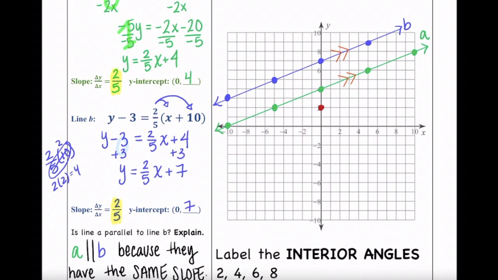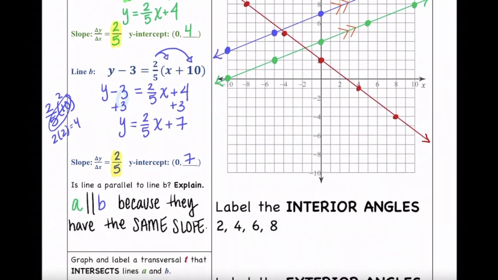So starting at 0, 2, going down 3 to the right 4, down 3 to the right 4, and run out of room. So going up 3 and to the left 4, up 3 and to the left 4. Now we could have chosen any slope or any point. It was totally up to us. But what we did choose happened to work here. So we'll include arrows on either side, and since this is a transversal, we're going to label it with T